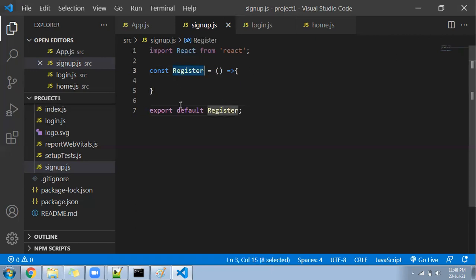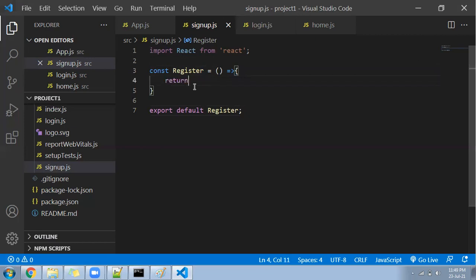The export part is the same as we have done in the previous component. In this I did a small change. What is that? Just I converted it into the fat arrow method.